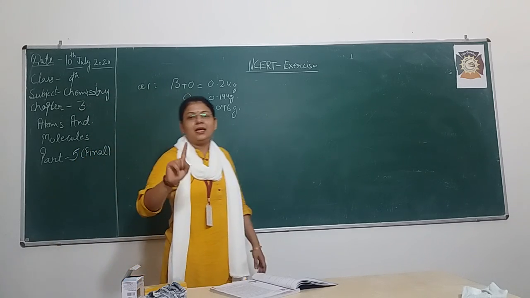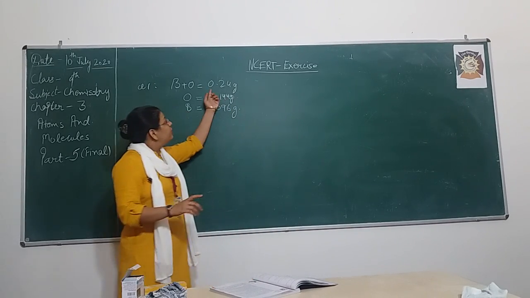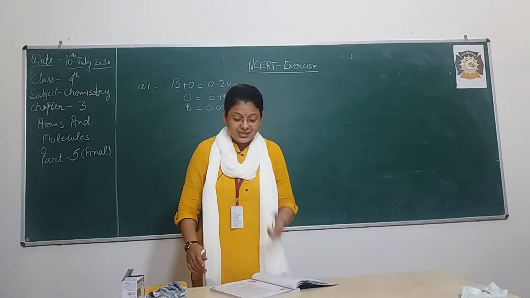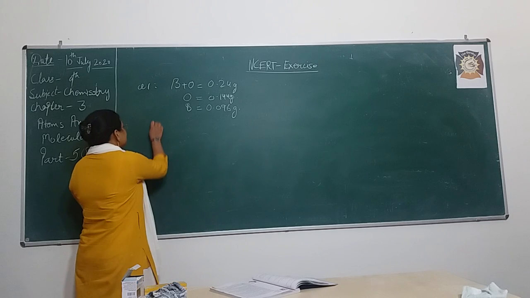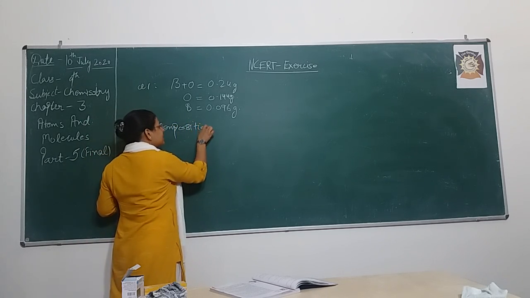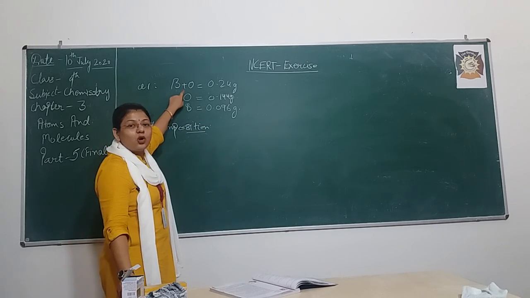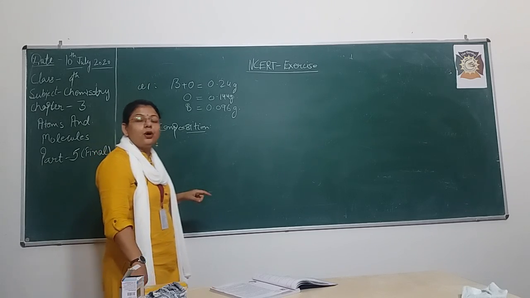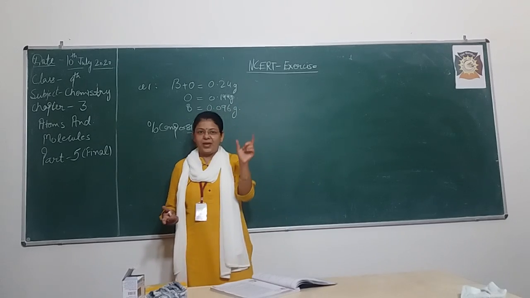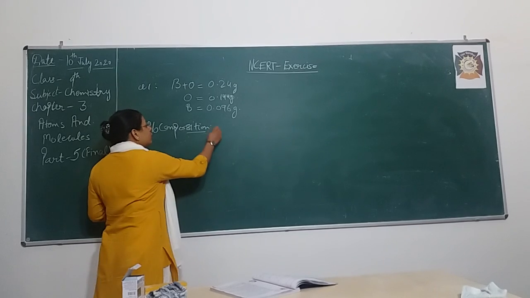So the first basic thing while doing a numerical in science or chemistry, you have to write the data which is given to you. Secondly, you have to focus on what he is asking for. He is asking for the percentage composition. Percentage composition is just the percentage that a particular element contributes in that compound, like your marks percentage. How do you calculate your percentage? The marks obtained by you divided by the total marks, into 100. The same thing we are going to do here.